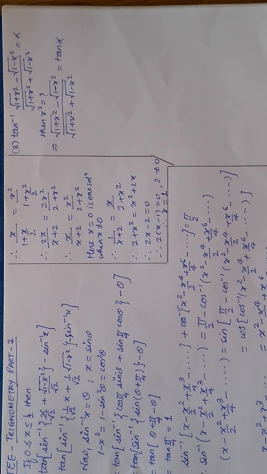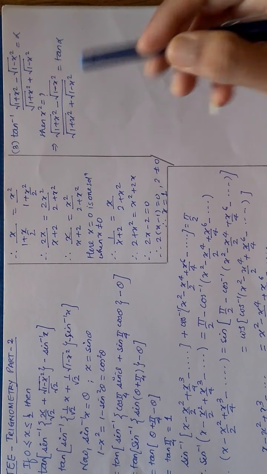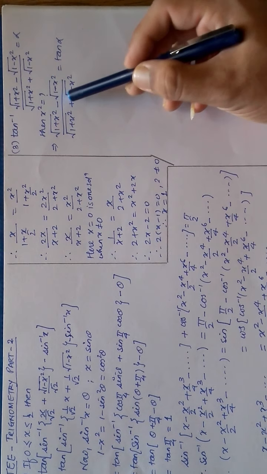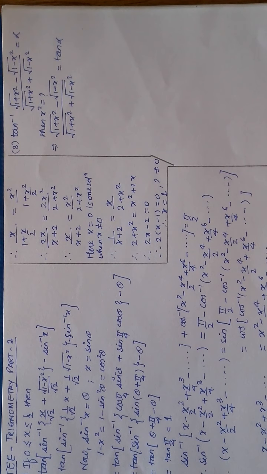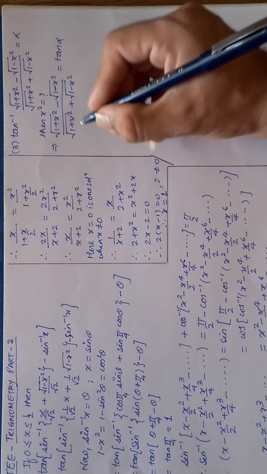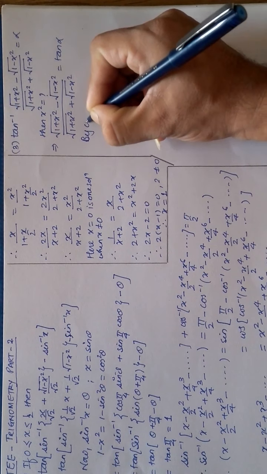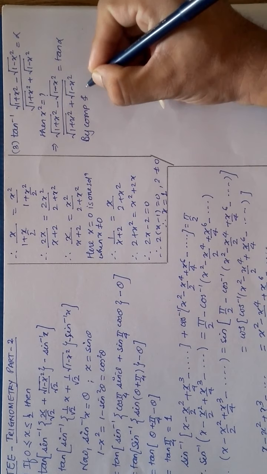I got this as tan alpha. This particular thing reminds me of something. You see here, this is same, only change of sign. That means there is componendo dividendo present in it. Okay, that means to remove it again I have to do componendo dividendo. But very first thing is, is it required? No, not required. So I will carry out componendo dividendo.